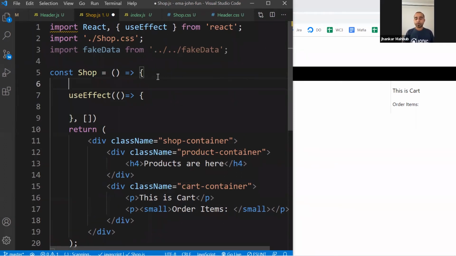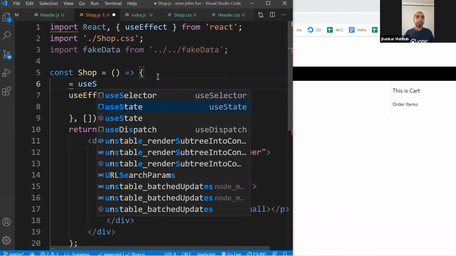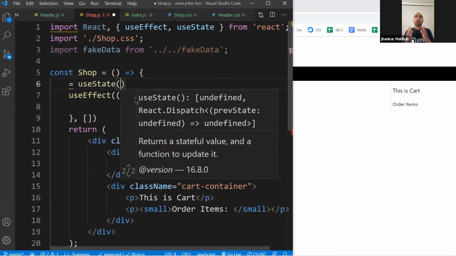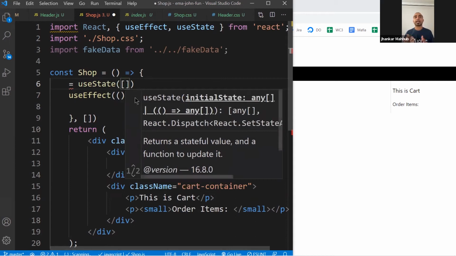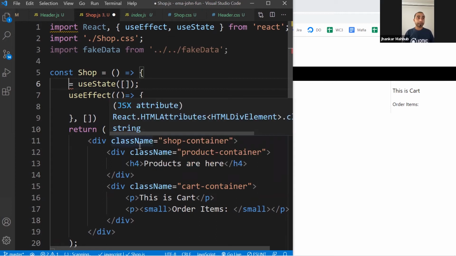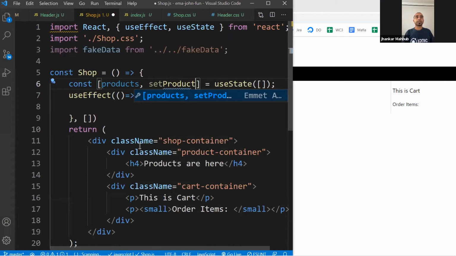That's why you will declare a state. And if you remember, to declare a state on the right side, we use something called useState. Press on this one, and useState will be auto imported. What we are loading is a lot of products, so this is a collection of products, and the right side would be useState like this. On the left side, we declare a constant with two things. First one is products, the items stored in the state, and the second one is setProducts, which is a function we will use this way.